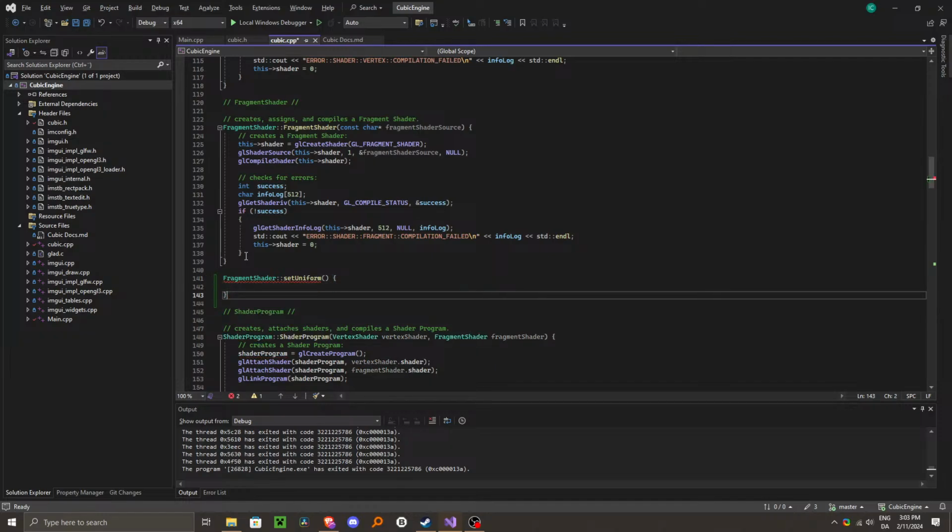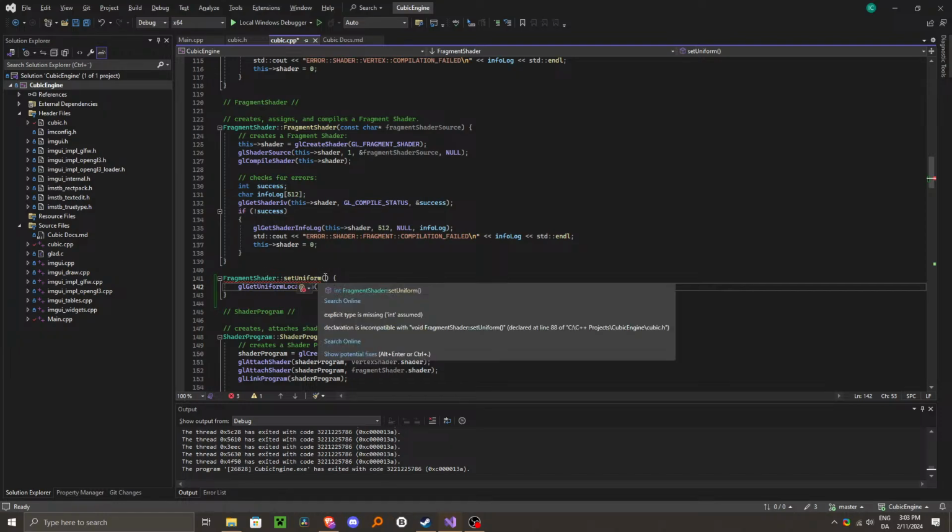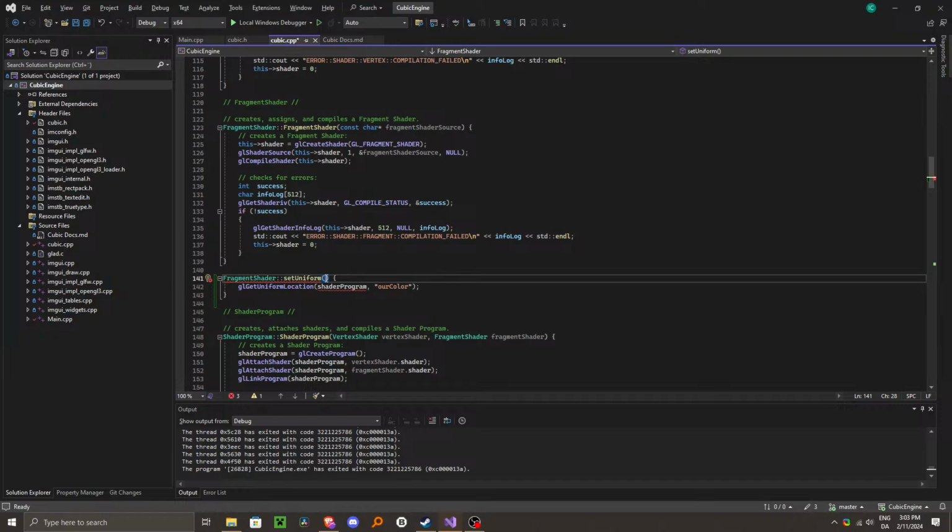And you paste this code right here. We would want the shader program, so we want all, and then I think we have to go dot shader program,